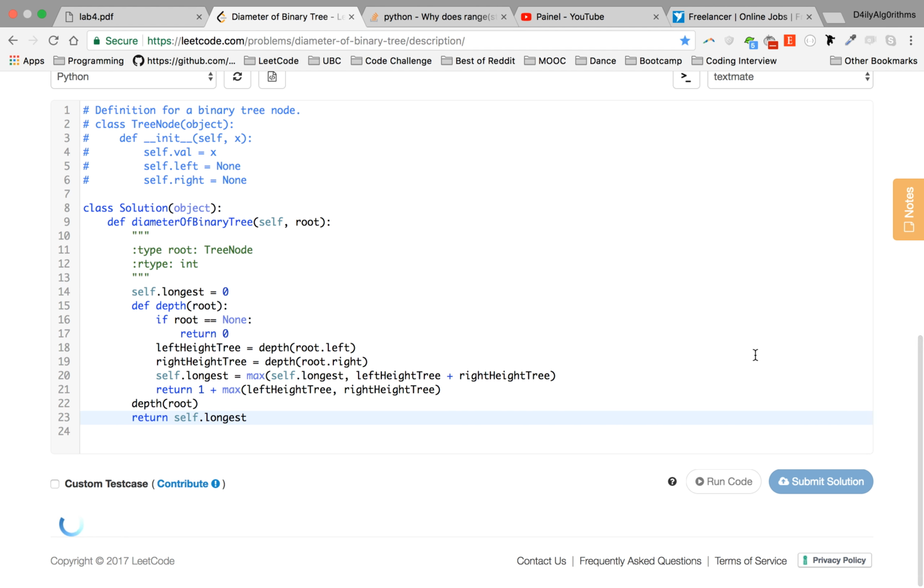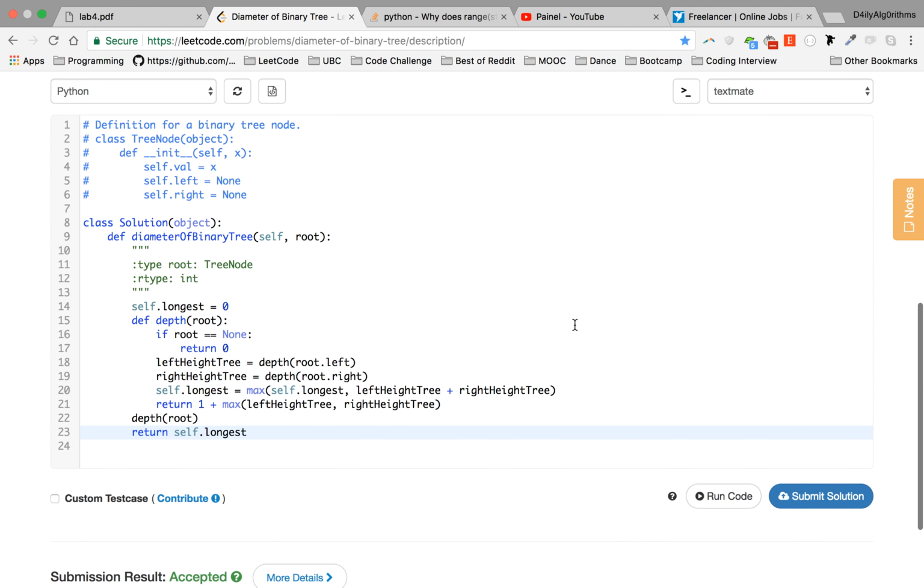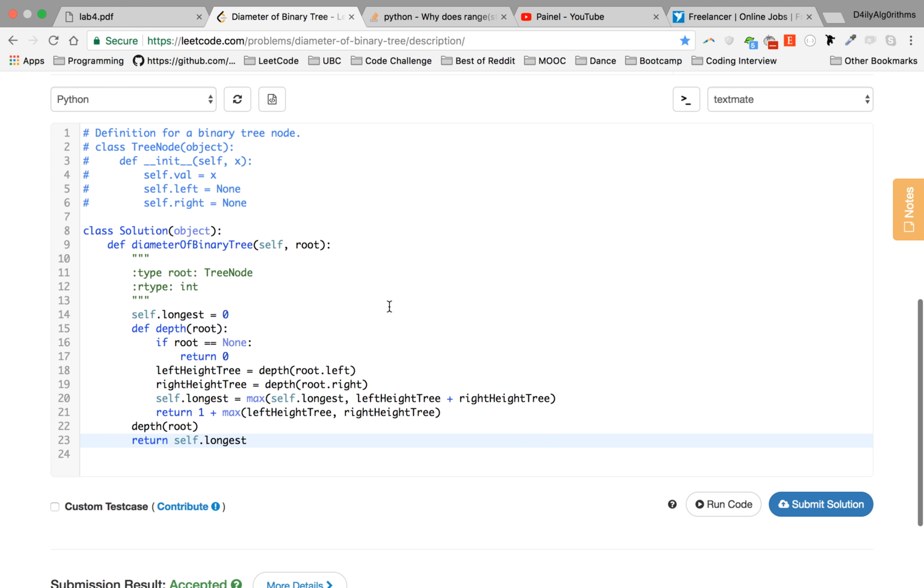Let's submit it. Taking a long time. Is there a mistake? No. So yeah, the 2 cool tricks that we haven't covered is the class variable that will update, and